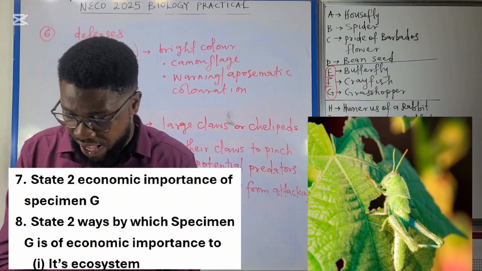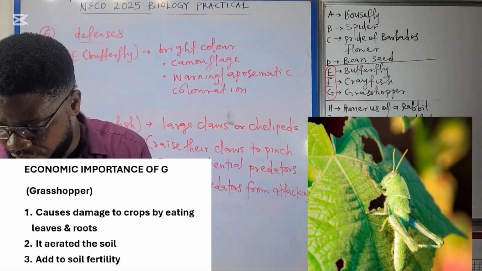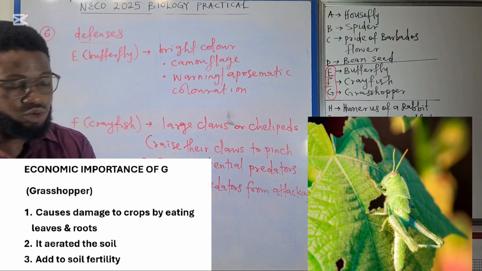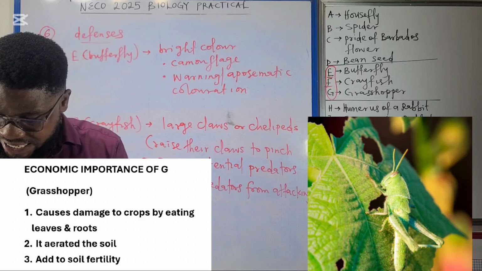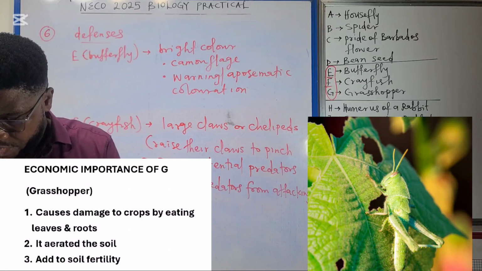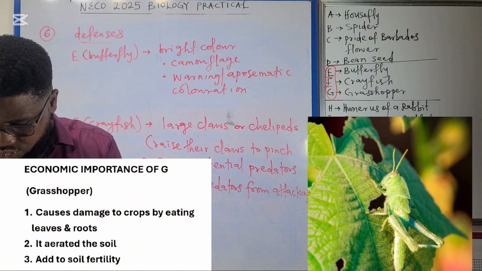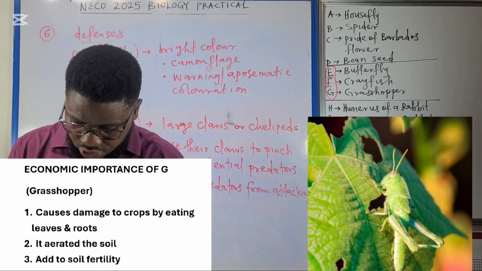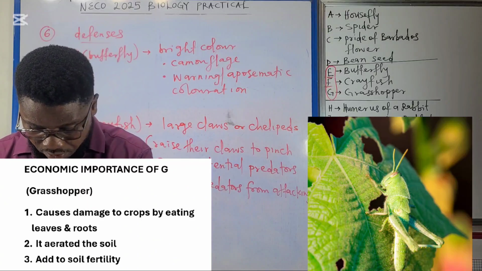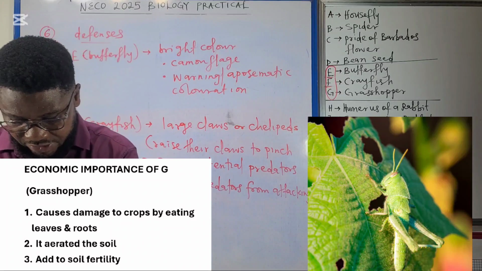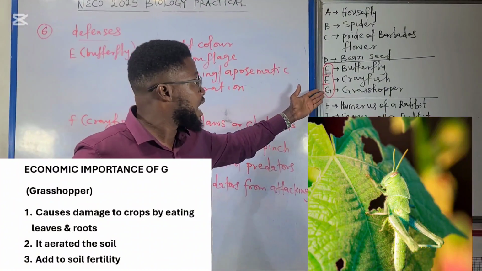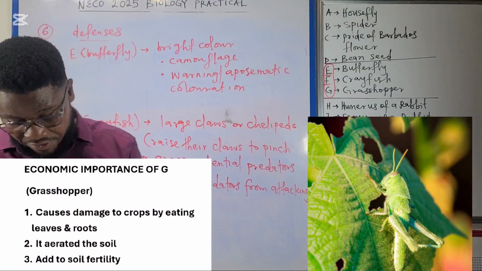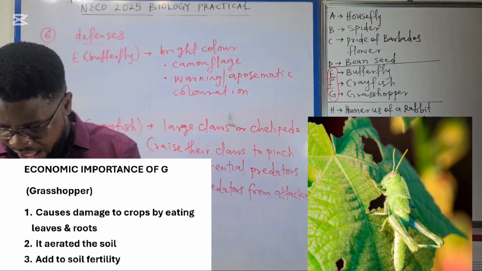That's grasshopper. Economic importance of specimen G. Remember that this particular lecture video is on specimens E, F, and G. So this question 7 says, what are the economic importance of specimen G? Talking about grasshopper. Remember that this lecture video is on specimens E, F, and G. So economic importance of